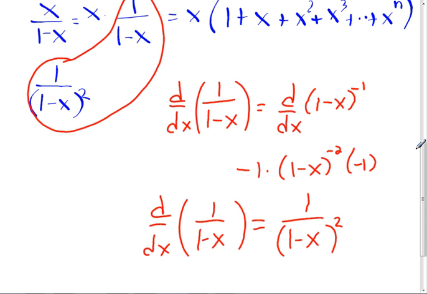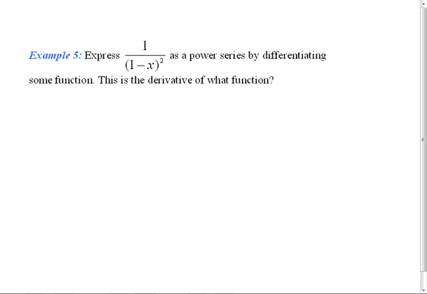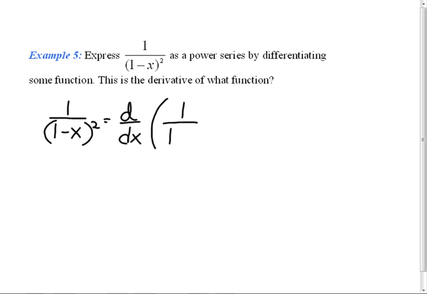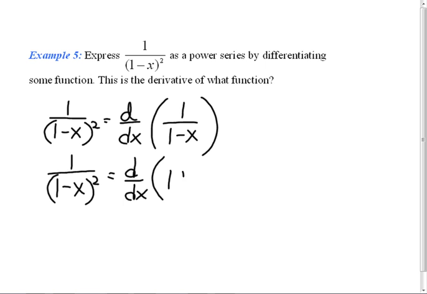Well, the derivative of this is equal to that. So let me go to this one. Oh, it helps us a lot. I want to find this. 1 over (1 minus x) squared is the derivative of 1 over 1 minus x. Do you guys agree that that's true? Okay, we know the power series for 1 over 1 minus x. It's one we must memorize. That's 1 plus x plus x squared plus x cubed